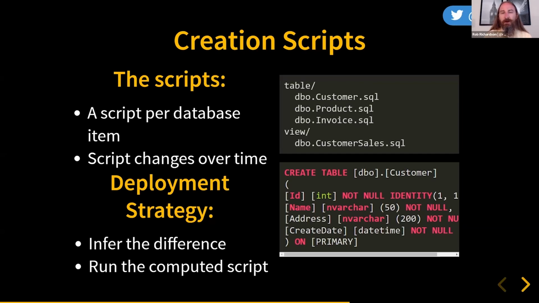Over time, these files will change and evolve, but we'll always have one file for each type of resource. That's excellent. Now, when it comes time to deploy these, we'll use an engine that is able to diff these scripts in a folder against the database version. If we're in a production environment, it will notice the changes in the folder and apply them to the production